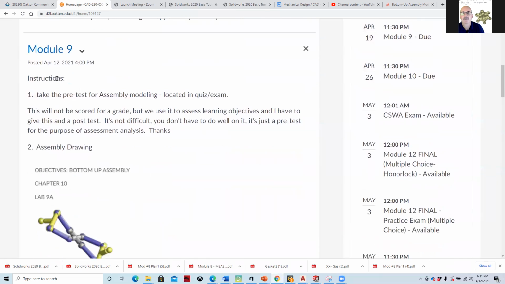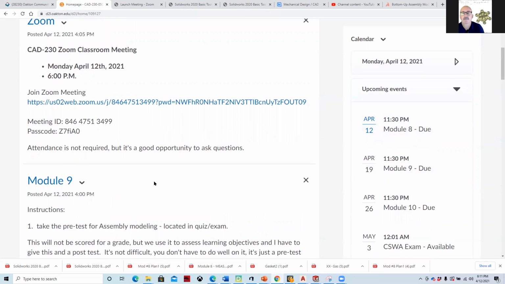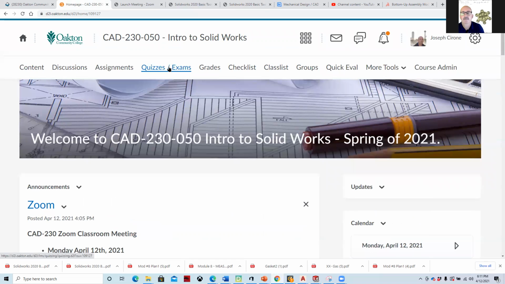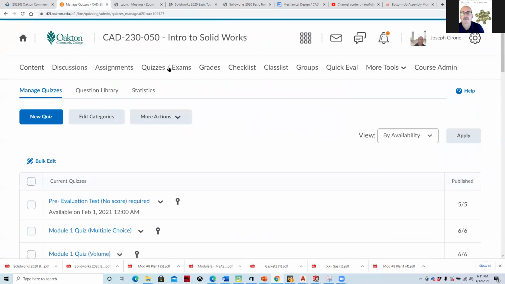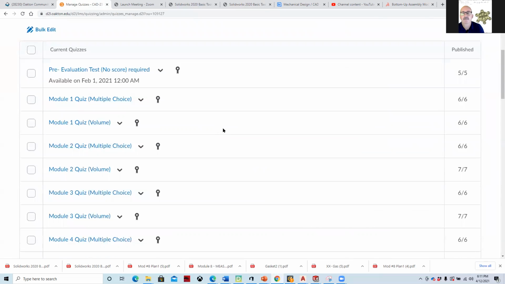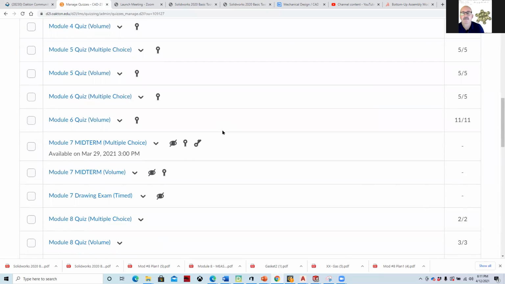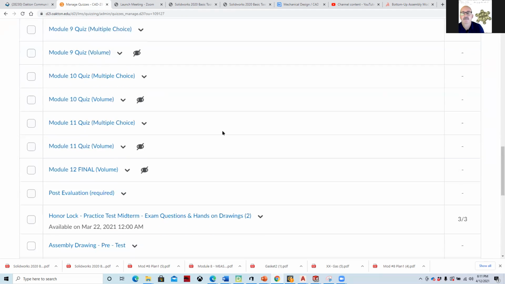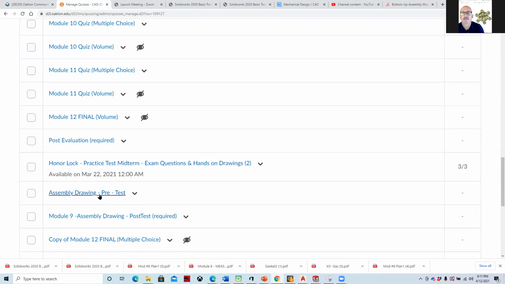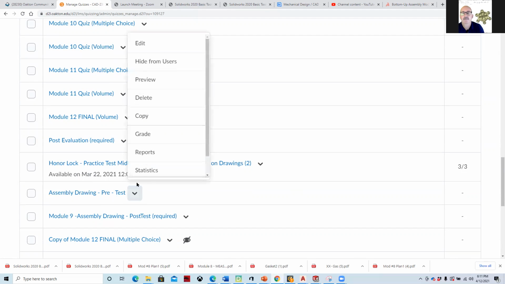So module 9 covers assemblies, and there's an assembly pretest located in quizzes and exams, and it's important that you take this. The reason that I have you taking this is that I have this assessment committee that goes through the courses, and they want to measure our learning objectives. And so the assembly pretest is right here. If I take a look at it,